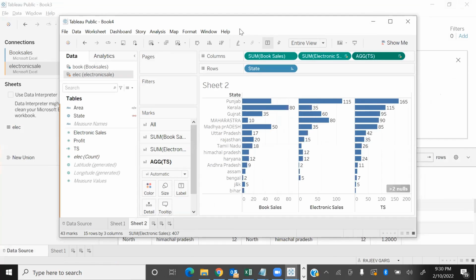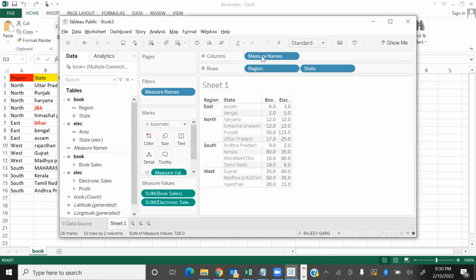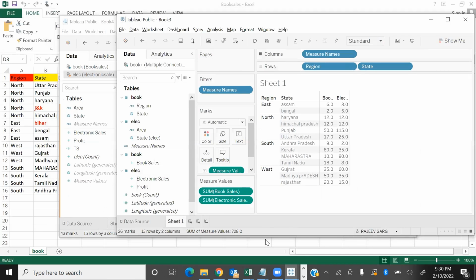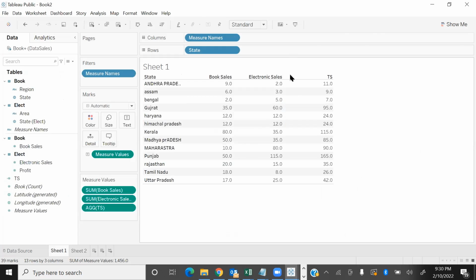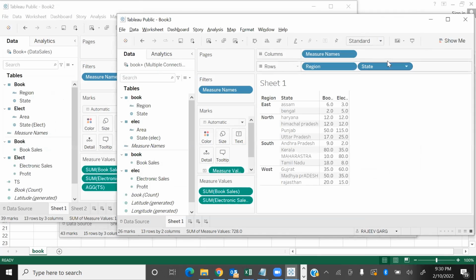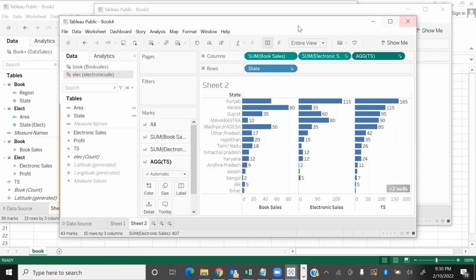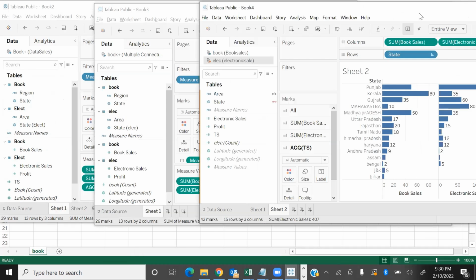One is this, another one is this, and one is this. So 3 different ways of working with the multiple data sources: normal join, cross database join,